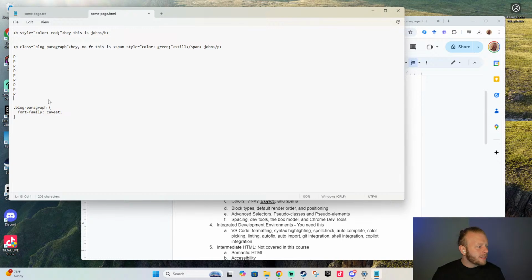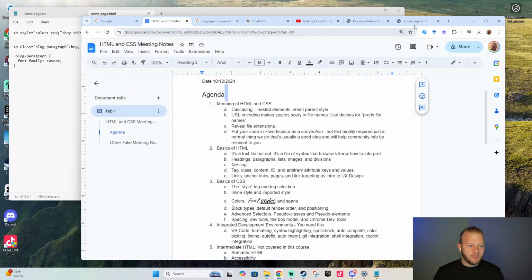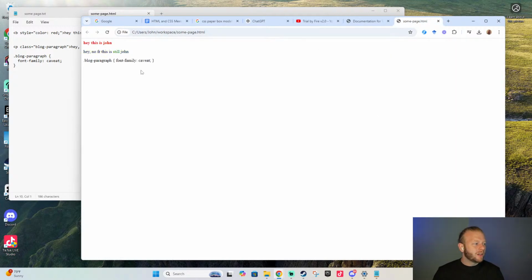So this is not going to work. And the reason it's not going to work as such is because I've put CSS inside of an HTML file. Let's see what happens when I actually go load the page. Let's go load. Look. You see, it just prints it. It thinks it's ordinary text. When I say it thinks it's ordinary text, I mean the browser thinks I'm writing ordinary text. So what I can do here,